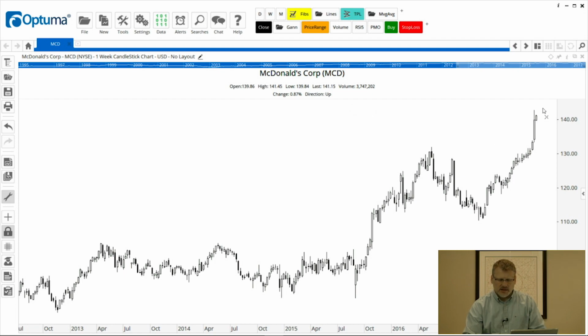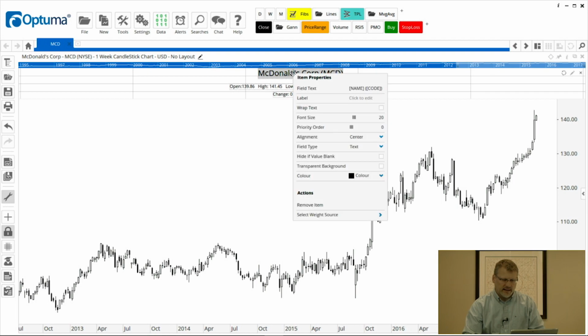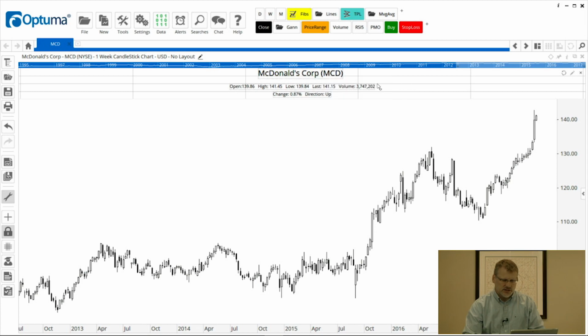Now to edit this, when we mouse over the chart header, in the top right corner, there's a little pencil icon. So all we have to do is left click once on that. And when the grid lines are enabled, you know that you're now in the edit mode. So that means we can click and drag, move any of this. We can right click on it to change the size, even change the color, change the positioning. If we don't want this line, as we mouse over, there's a little red cross in the top right corner, so I can click that to remove them.